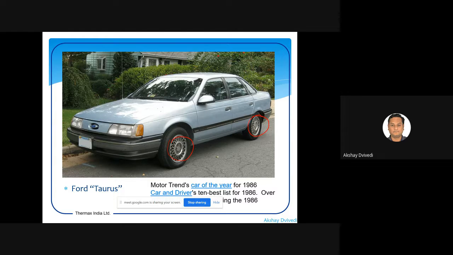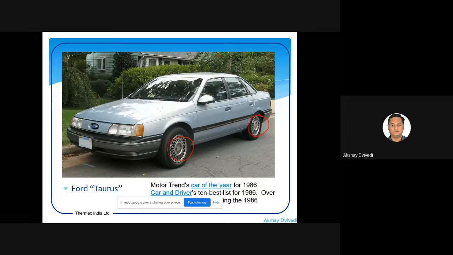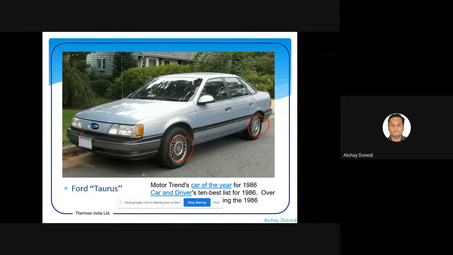Now, what is so great about this particular car? First and foremost, you can identify that this car has an aerodynamic shape. So it provides lesser wind resistance. Lesser wind resistance implies lesser vibrations while the car is moving. Second, it also provides better mileage. One very good thing that Ford people did in this car, and don't laugh at my example, is they provided space to keep a coffee cup for the driver as well as passengers.